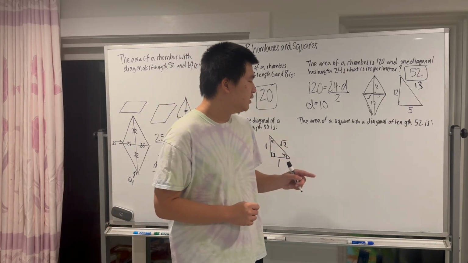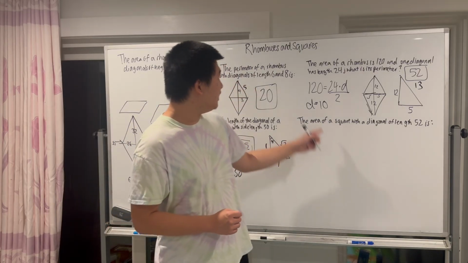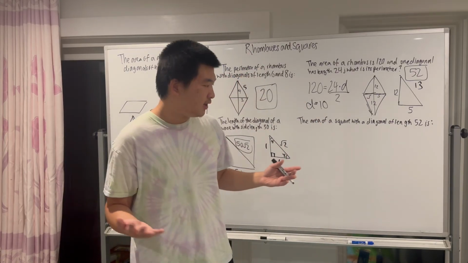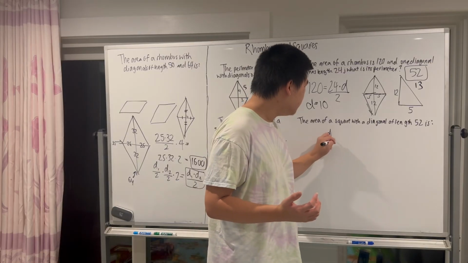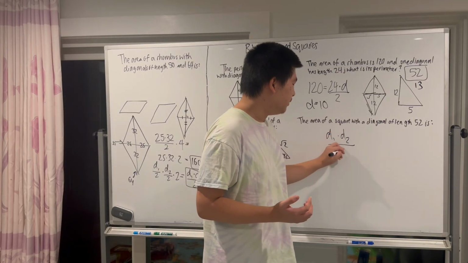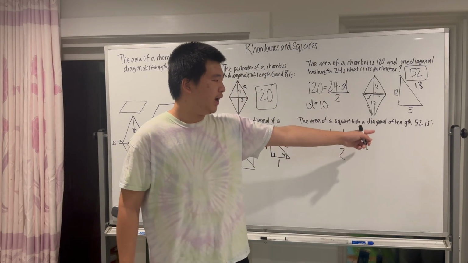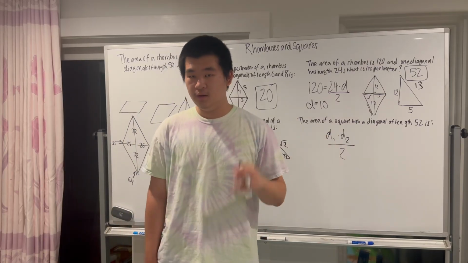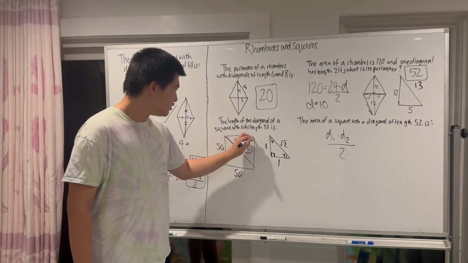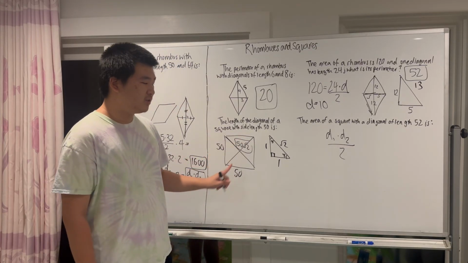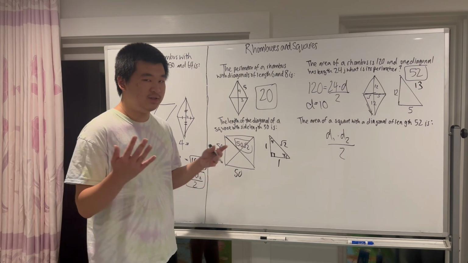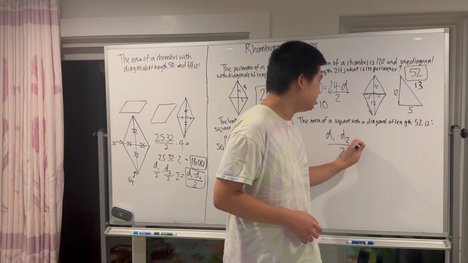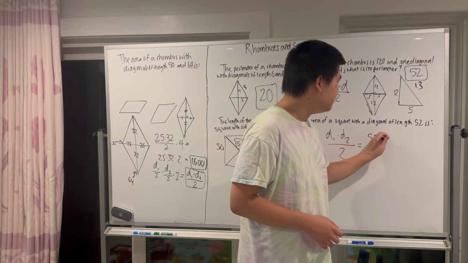Because recognize, a square, as I said, is a rhombus. A square is a rhombus, and so the area formula works the same. It's diagonal 1 times diagonal 2 divided by 2. But wait a second, they only gave me one diagonal. Well, yeah, because the diagonals are of the same length. Remember, it's a square, and it's really, really nice. These two diagonals are going to be the same length. If you think about it another way, the same right triangle. So if the diagonals are the same length, all that means is my area is 52 times 52 divided by